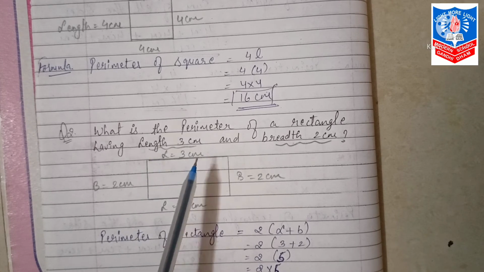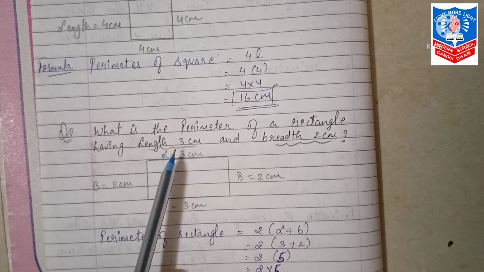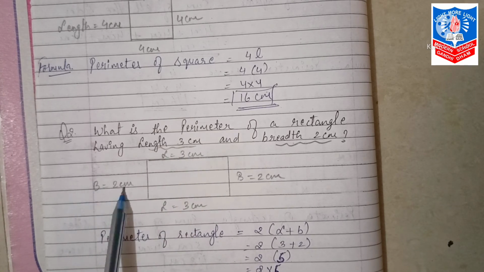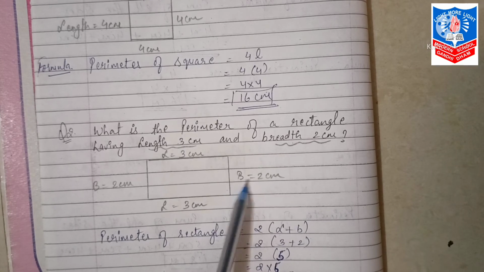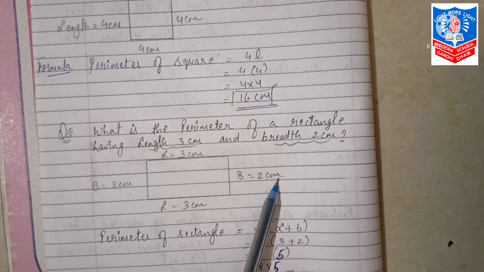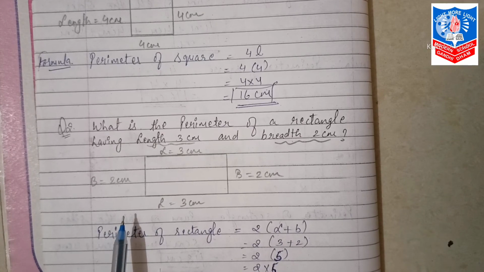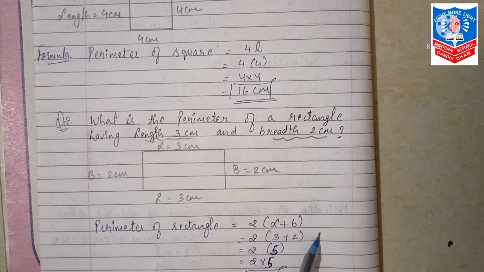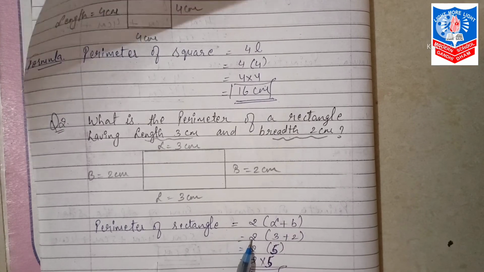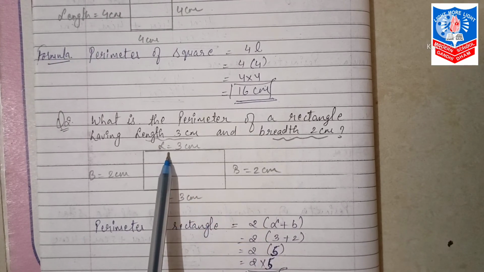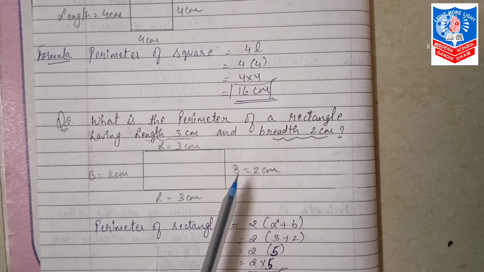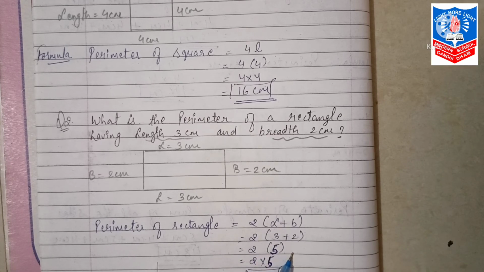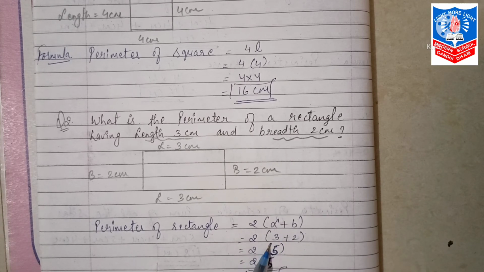लेंथ इज गिवन 3 centimeter, so we have written 3 centimeter length both upward and downward side, as because opposite will remain same. Breadth is 2 centimeter, again on the opposite side we are having 2 centimeter as breadth. Now we will apply the formula. Perimeter of rectangle 2 bracket length plus breadth. Again 2 will remain same. Length is having 3 centimeter and breadth is having 2 centimeter. Next 2 in bracket we will put 5 as because 3 plus 2 equals to 5.